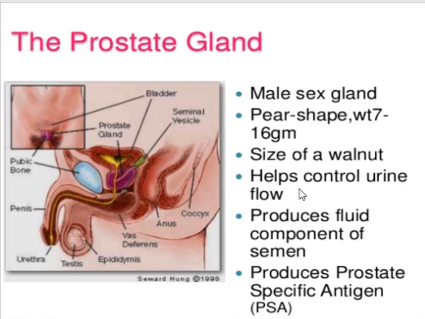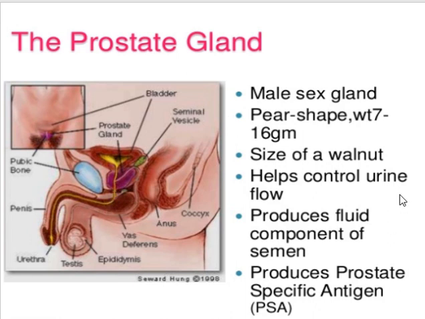Then the function of the prostate gland is that it helps to control the flow of urine. How it affects the flow of urine we can see as we move on to the pathophysiology of benign prostatic hyperplasia. For now you understand this much, that you see the position of the prostate gland here. It is located right below the urinary bladder. So just imagine what happens if this increases in size. Now the prostate gland is normal, the flow of urine is also normal.